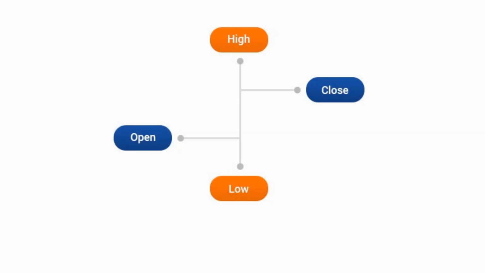In daily time frame, the top part of the vertical line represents the highest price at which the stock had traded during the day. Similarly, the lower part represents the lowest traded price. The left extension represents the price at which the stock opened, while the right extension represents the closing price for the day. In addition to offering greater detail than a line chart, the bar chart also gives insight on volatility. The longer a line is, the higher is the difference between low and high prices.